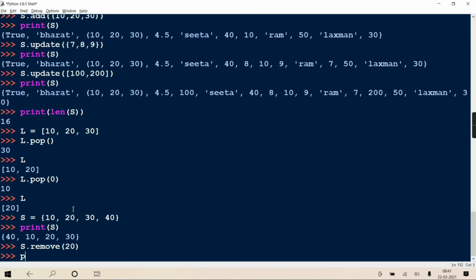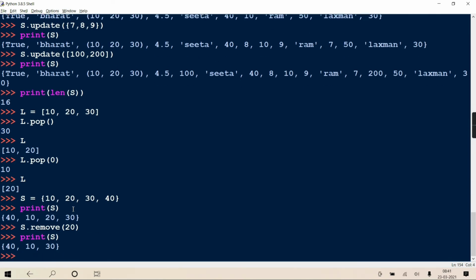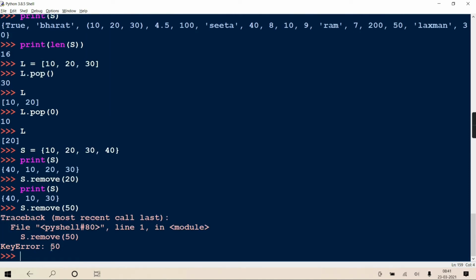If you print and see the set, 20 won't be there. Now s dot remove, and you try to remove some element which is not present, like 50. It will give an error that 50 is not present. Getting? See, key error, 50. Key error means 50 is not present in your set.